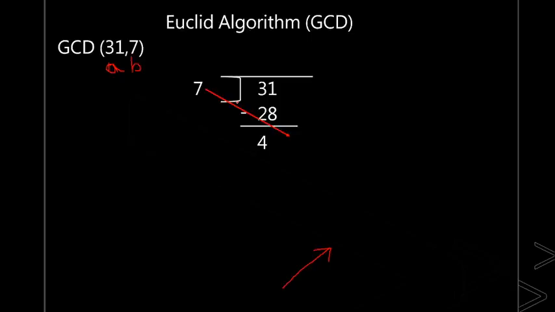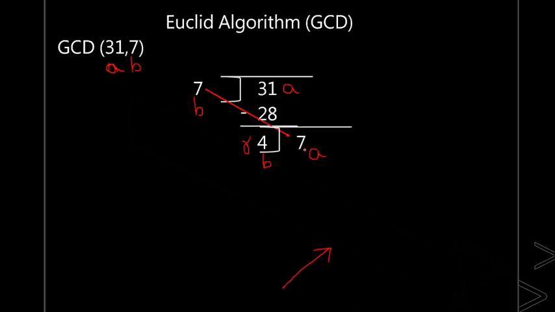You have to repeat this same process. Can you all see that? We are repeating the same process but for different values. What are these values? Last time this was B and this was A, and this is nothing but the remainder value. This time, this becomes the dividend A and this becomes the divisor B. Can you all observe this? Yes, the 4 has become divisor B, 7 has become dividend A.